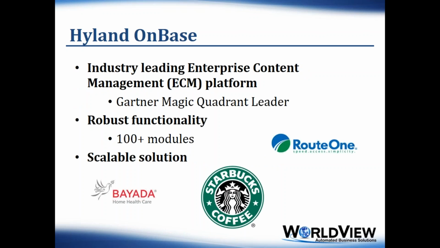To begin, I'd like to provide a little bit of background about the partners we work with in regard to our solutions. So Hyland is a long-standing partner of ours, and we utilize their OnBase platform as our back-end content management system. They are a leader in their industry, and the great thing about OnBase is it is scalable for any size of organization. It includes over 100 modules that you can incorporate within your customized solution to increase efficiency